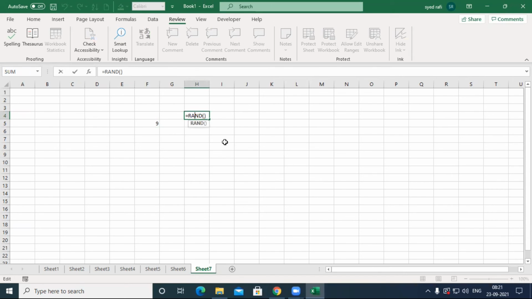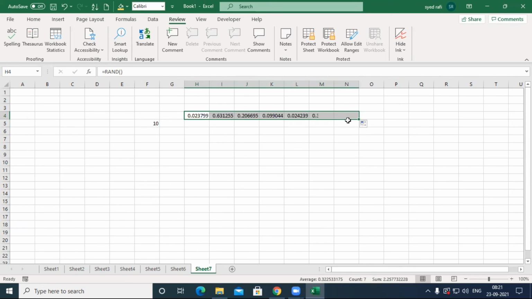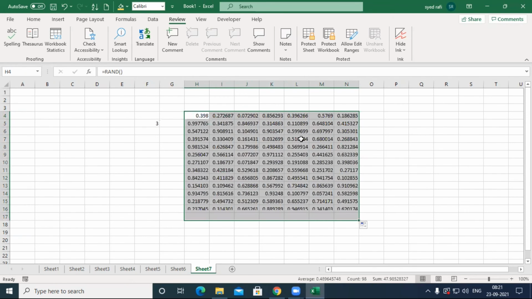The values between 0 and 1, displayed in decimal places. Like this, a RAND function. The numbers between 0 and 1 will be displayed.